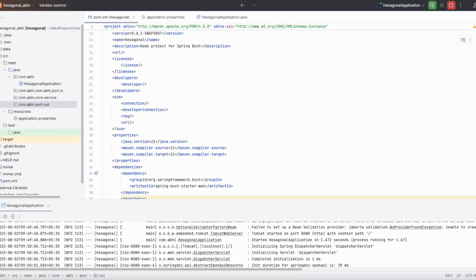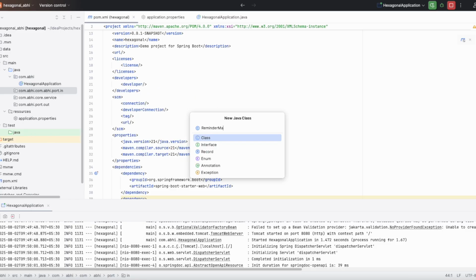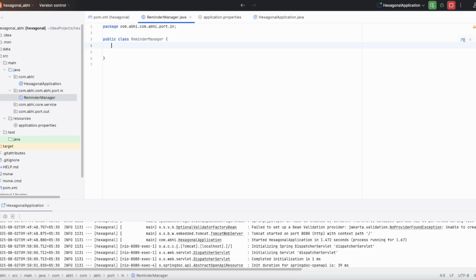I am creating a simple reminder. port.in means where I'll get my inputs. I'll just create a simple interface here, which I will call ReminderManager, and it should be an interface. Let's say it should have three methods. And optional get reminder, integer ID, and